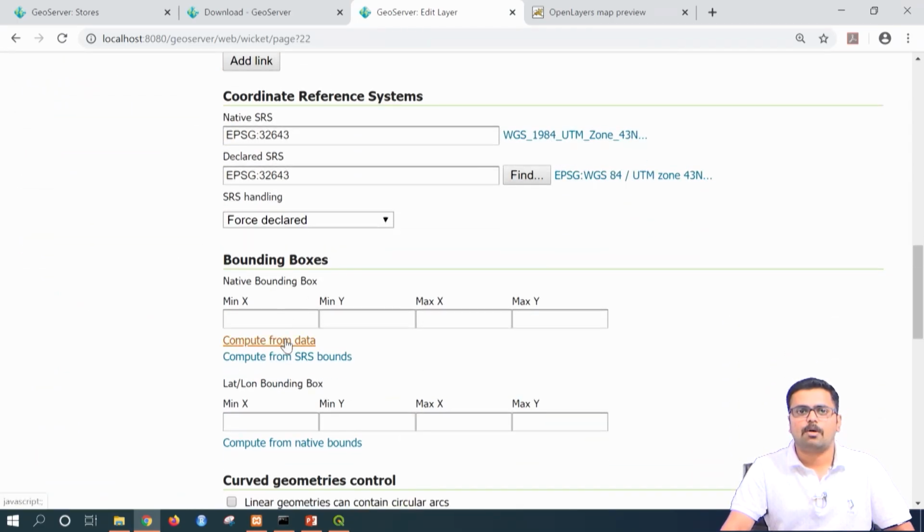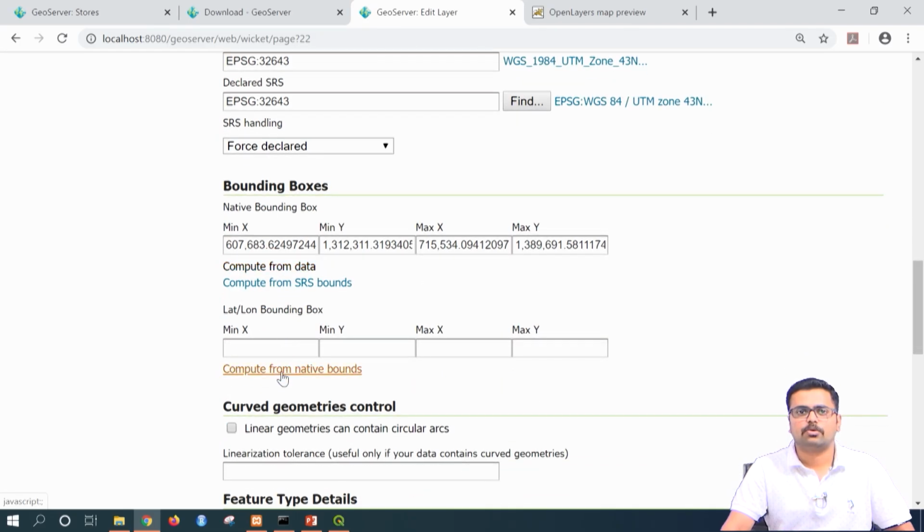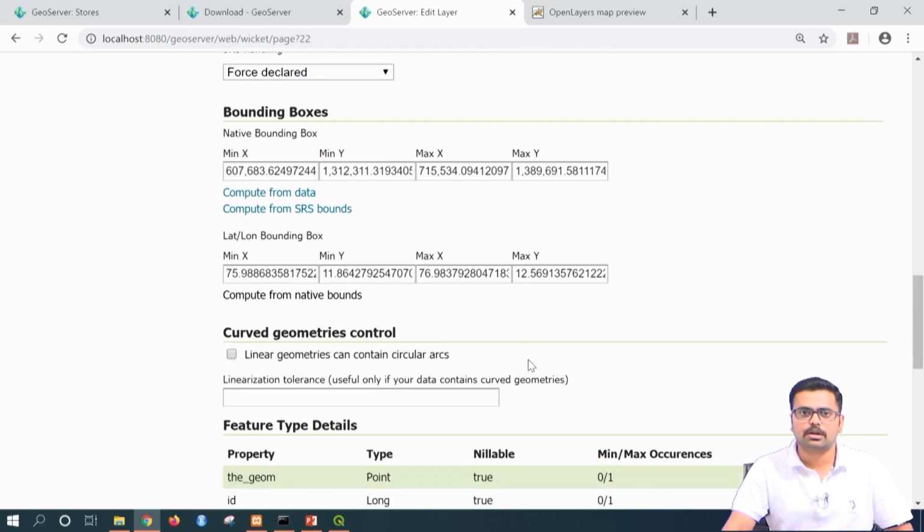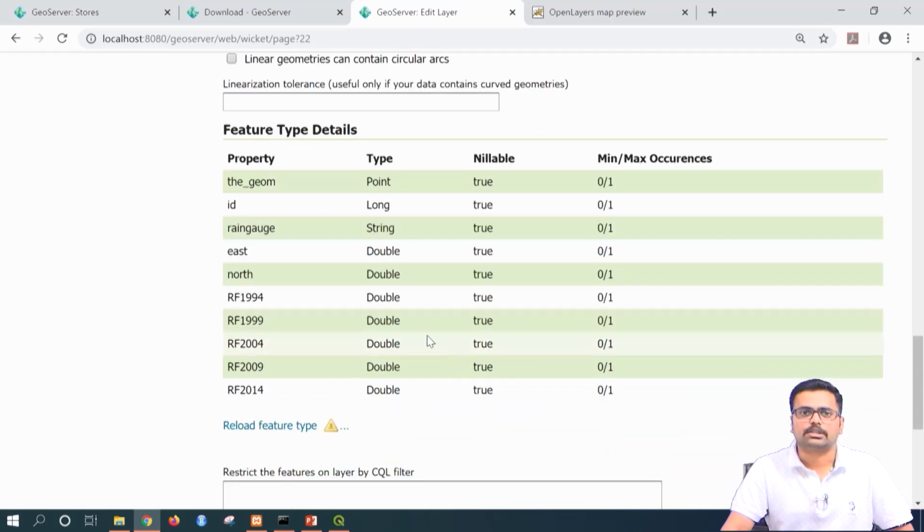Here you need to say compute bounding boxes from the data. So it will take the UTM coordinates, then lat long coordinates you can compute from native bounds. You can see minimum x, minimum y, maximum x and maximum y, that is nothing but the latitude and longitudinal extents. Once you have done this, the next